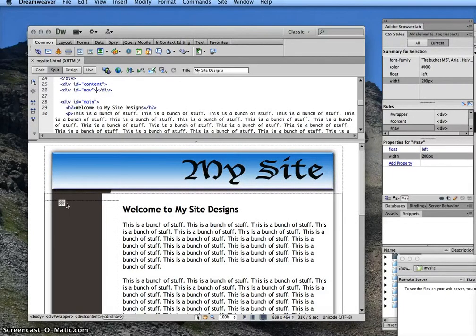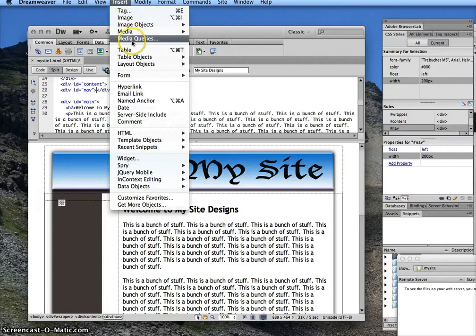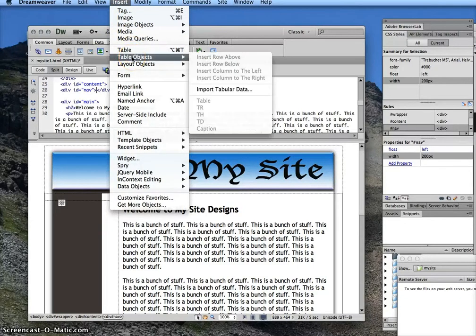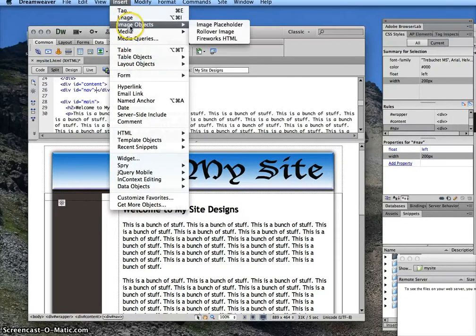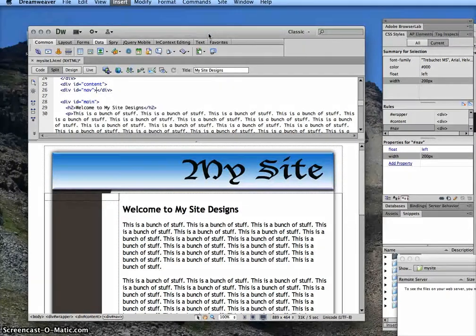The cursor is now in my nav div, and what I'm going to do is go up to my insert menu. I'm going down to image objects, rollover image. And Dreamweaver is going to do this next part for me. I click rollover image,